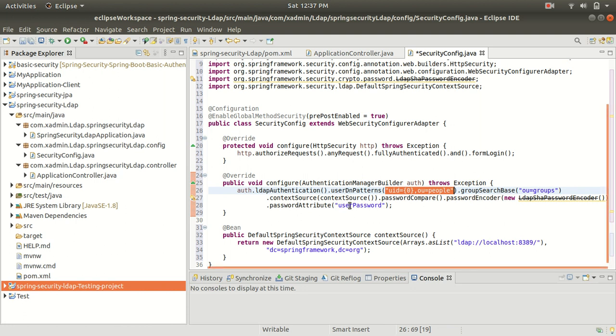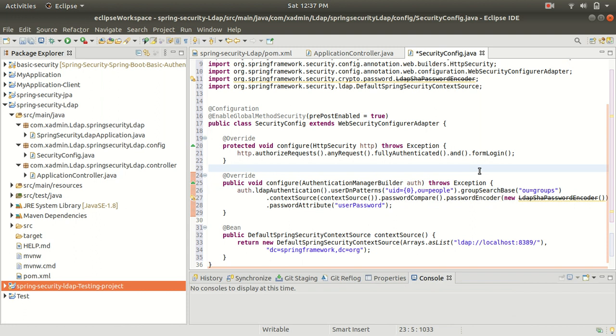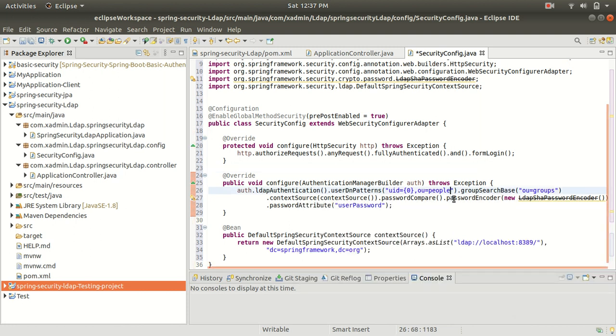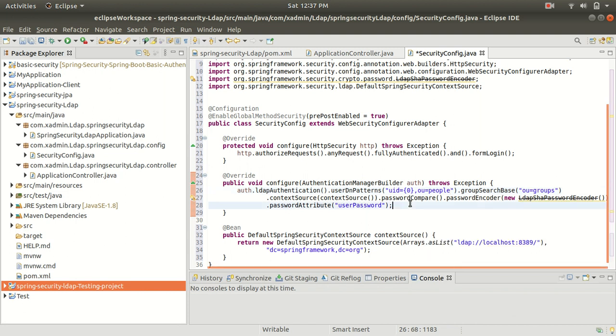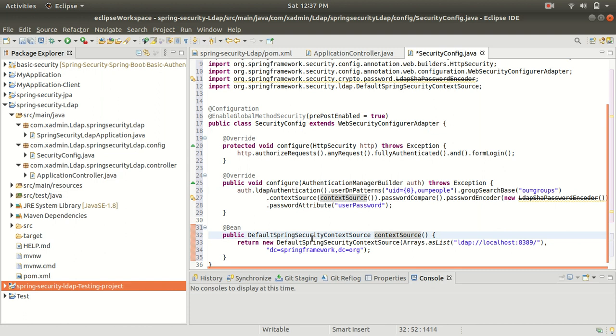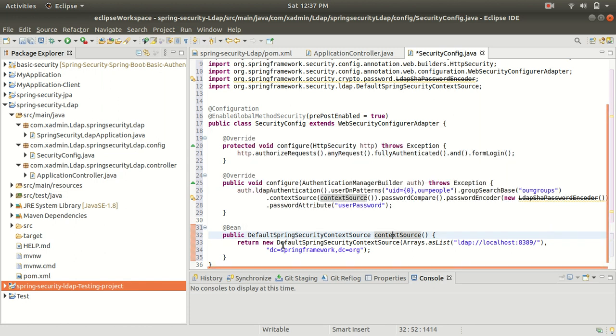All right, so as for the context source, here I am adding the password compare. It is going to take the password and compare it with the password encoder. I am using the LDAP password encoder. I have added one more method, the context source, which has a return type of the DefaultSpringSecurityContextSource class, and here I am returning the object of the default security context source,